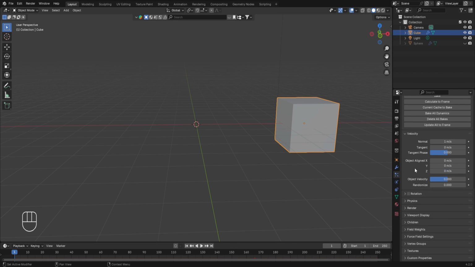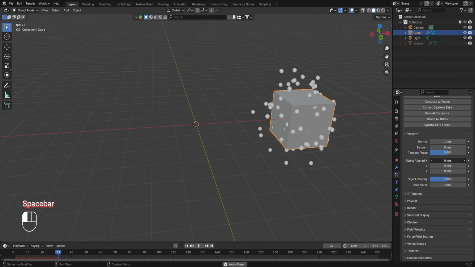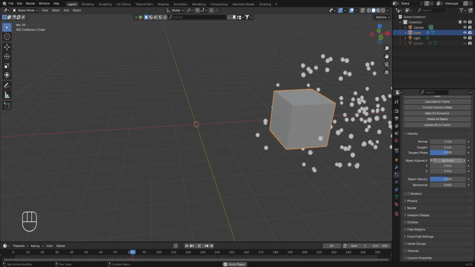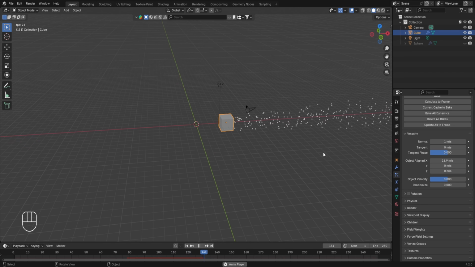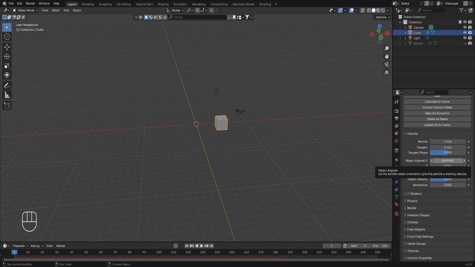parameter allows you to control the direction in which the particles will be aligned. To understand it practically, press the space bar to play the animation, and now if I try to change the object alignment in the x-axis, then you will see that the particles are now being aligned in the positive x-axis. Similarly, if I take the pointer back to frame number 1, and this time I change the object align in the x-axis to 0 and the object align value in the z-axis to minus 20 meters per second, then now you can see that all the particles being emitted from the cube are moving along the negative